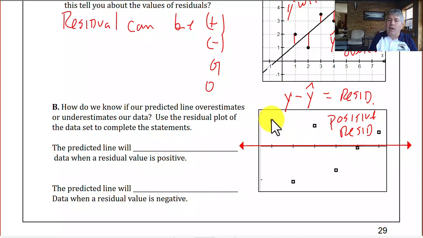So these are data points that have a positive residual, so the actual data is above the residual line, as we can see here. So that means that our trend line, our predicted line, will underestimate